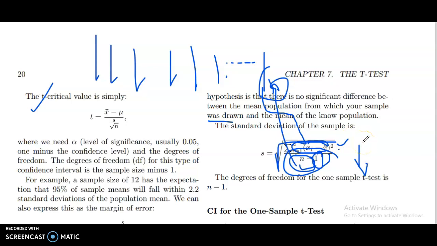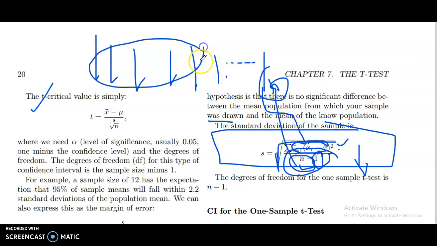Okay, this is the standard deviation of the sample. The standard deviation, how much deviate